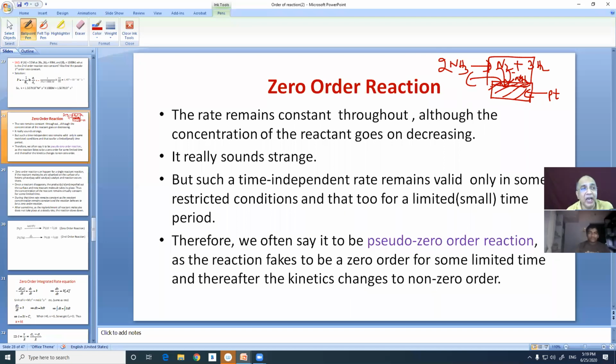So in this way, I can say the zero order kinetics is a myth. The curves that we will draw now are just a geometrical mathematical gimmick. It has no practical relevance. On one hand, we are saying that concentration remains constant. So hence rate remains constant. On the other hand, we are saying that the concentration is decreasing. And hence the concentration versus time graph is a straight line with a negative slope, linear. Have you written down?